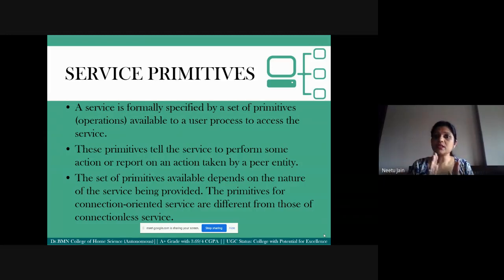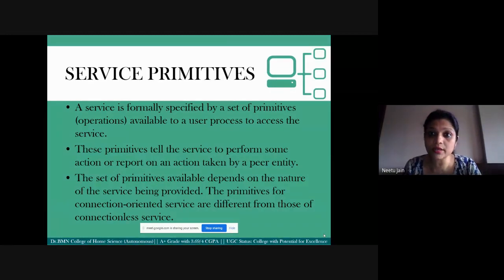So a service is nothing but a set of primitives, a set of operations which should be available to processes to access that kind of service. I will explain how the flow of a connection oriented service works, and what kind of primitives are used to establish it, in this section. But right now you have to understand what a primitive is. The analogy that I gave you was about scanf or printf.